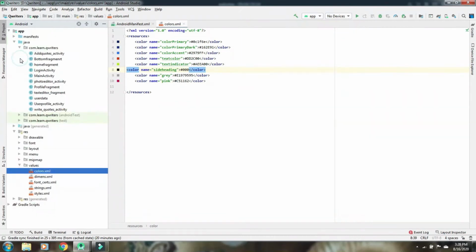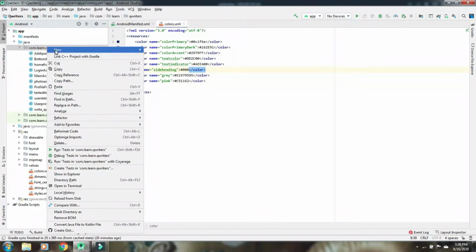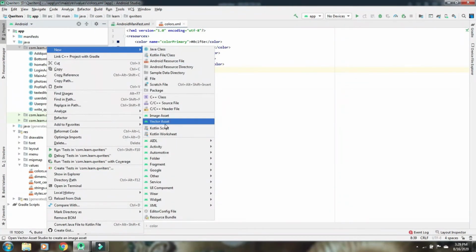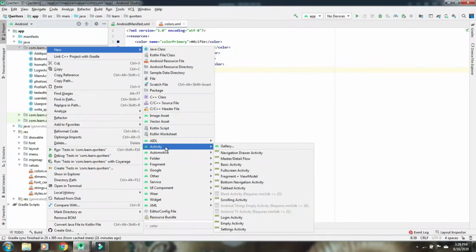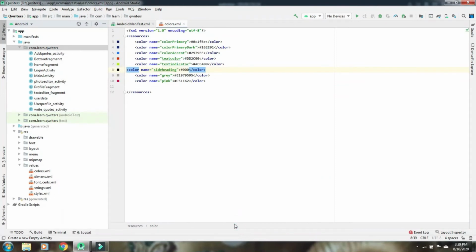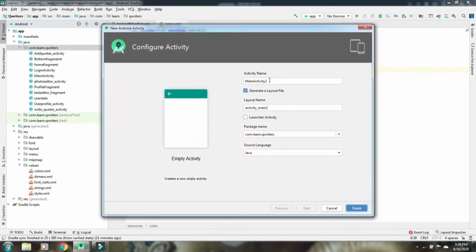So let's create one activity. How to create an activity? Just here in Java, right click on it, you'll get New, go to New, and at last you'll find one Activity section. Go to this and click on Empty Activity, the last second one. Specify the name of the activity.